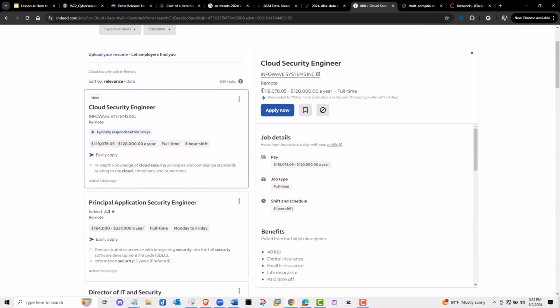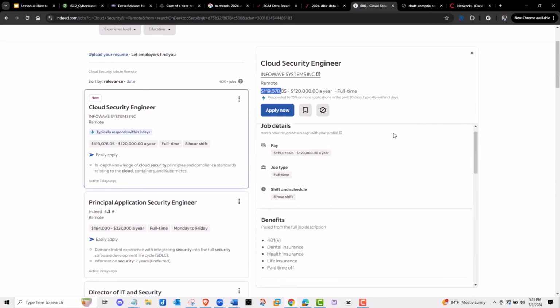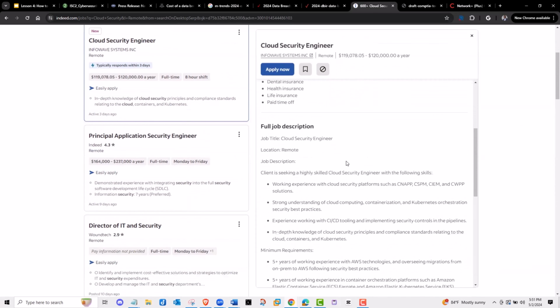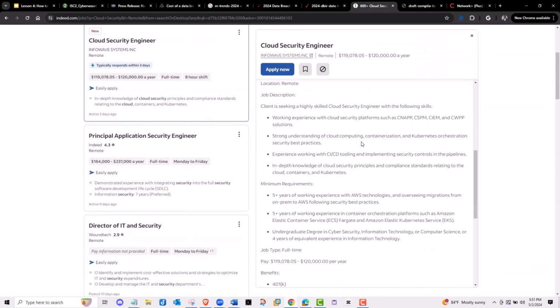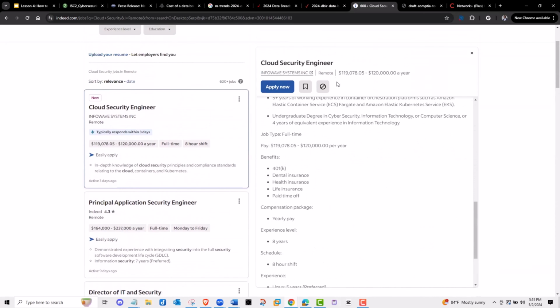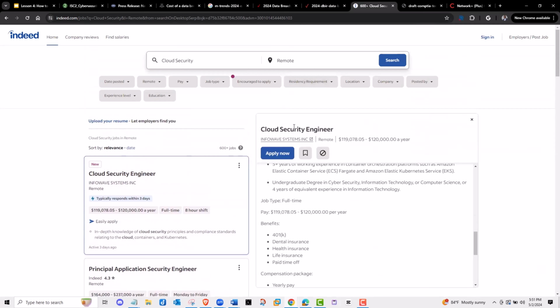They're paying over $120,000. Our jobs, you can negotiate. You can tell them this is how much I want you to pay me. But if you're becoming a cloud security engineer, I'm not saying that's what you're going to start with. You can. It really depends on how hard, how hungry you are, and how deep you want to dive in.